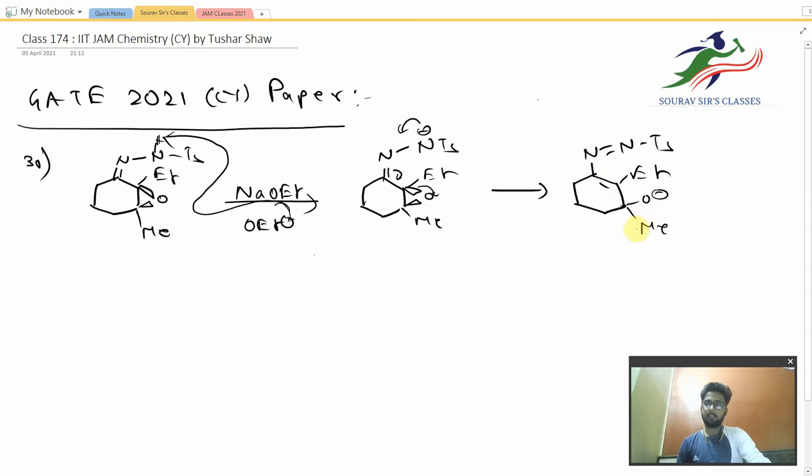Obviously, let us draw the stereochemistry. So this is the beta wedge plane, that is the bond above the plane, and this is the bond below the plane. Now this bond will open up, this minus charge will go over here, this bond will open up over here, and this bond will open up over here. So we'll be eliminating quite a lot of species from the system. From these two ends we release the N2 from the system, the Ts minus is released from the system, and then the compound that is being formed is